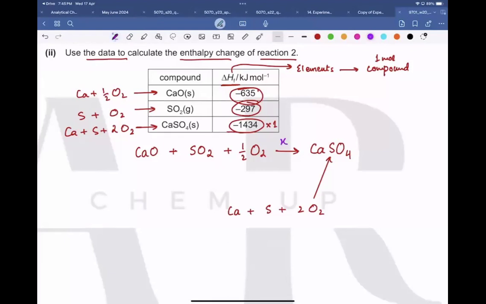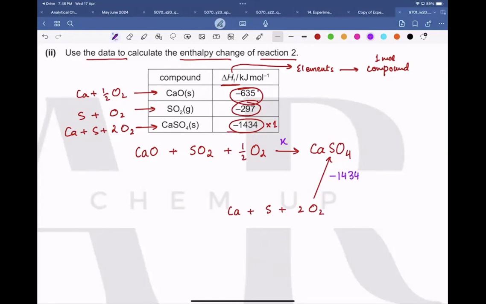No, it's not necessary if you remember the formula. Otherwise, if you make the Hess cycle and then solve it, there is minimum risk of doing it wrong. Otherwise, sometimes you use a different formula and your answer will be incorrect. So here I'm going to put its value, which is